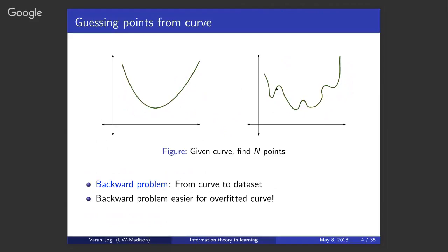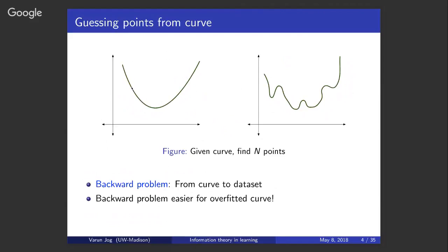Then it started to go up, and the only reason it went there must have been because it was trying to fit a point there, and so on. So if you see a super wiggly curve, then you can kind of guess where the original points would have been, because it is just trying to fit all the points. But if you look on the left-hand side, there's no such indication of where the points were. You can guess that they were in some general position along that curve,